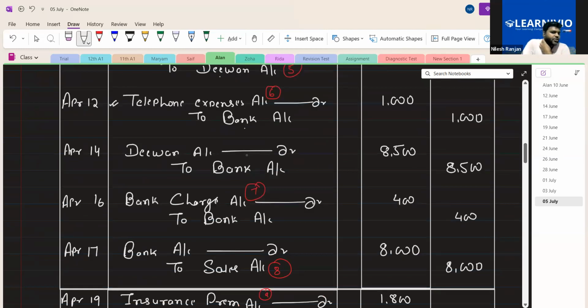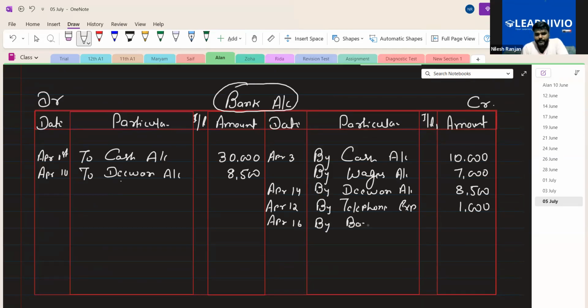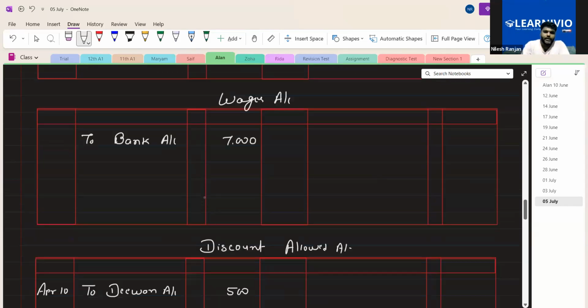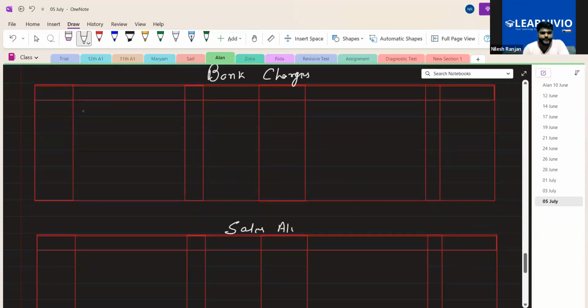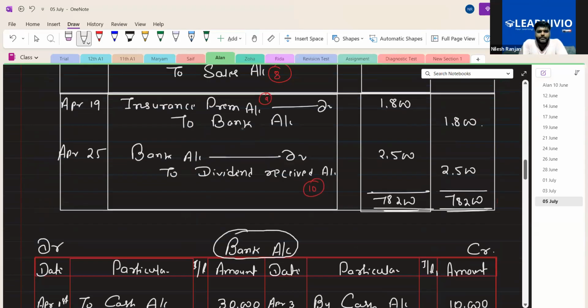April 16, bank charge to bank account, 400. April 16, bank charge, 400. And April 16th, to bank. Then